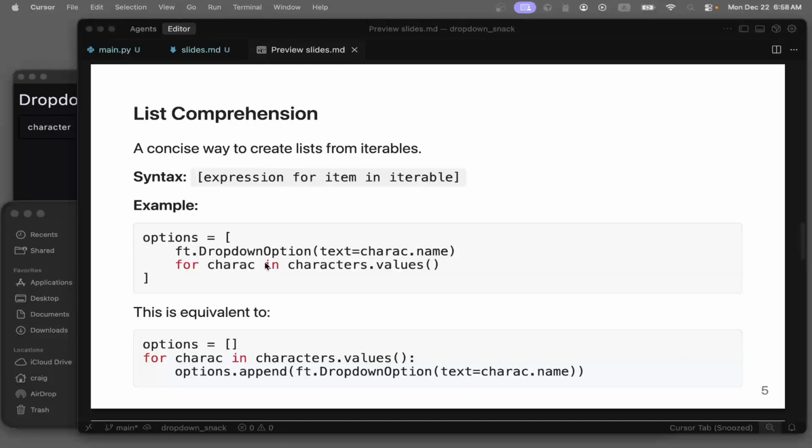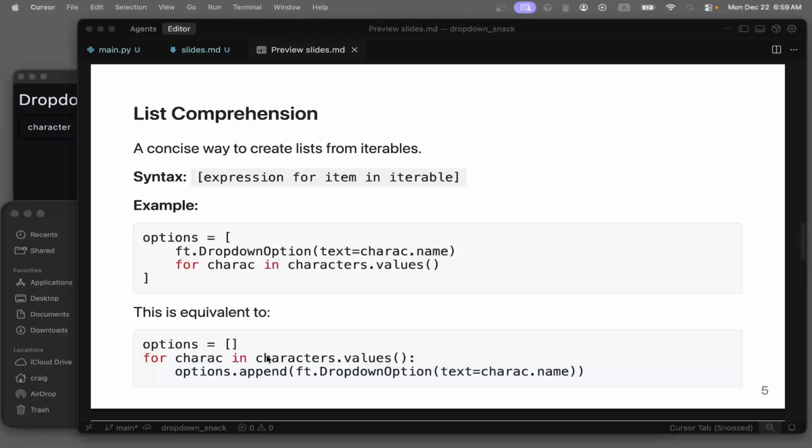So each time through the dictionary values, it's going to return a character, and then the character goes to this function, this piece of code here, which will add an option to the drop-down menu with the name of the character. If you put it into a standard for loop, it's for character in characters, so you have the